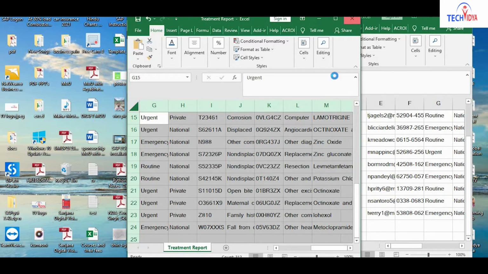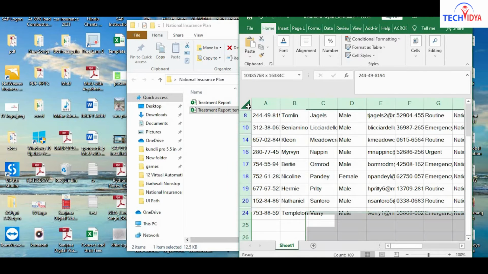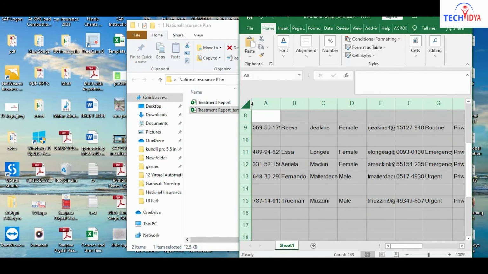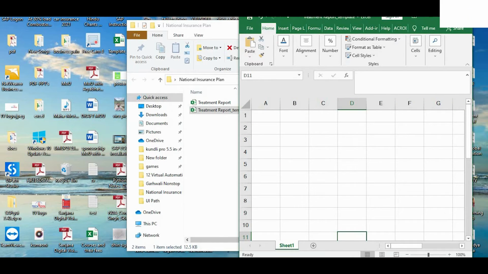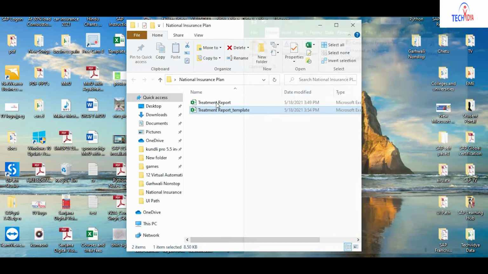For that, I have deleted everything inside the sheet and saved it. I have deleted the treatment report that was downloaded manually.